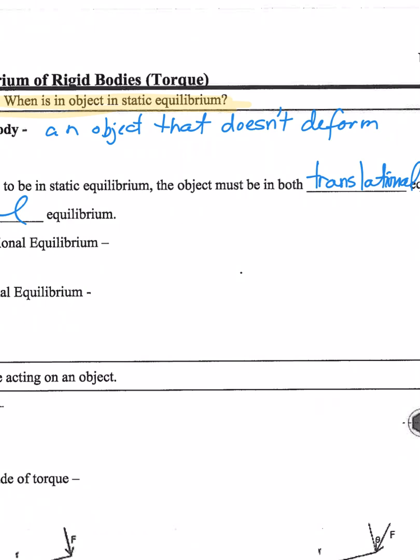Okay, so translational equilibrium means there is no linear acceleration. So does that mean it could move? Yes. It just means that it can't be speeding up or slowing down. So that means it's either not moving or it has a constant velocity, right? So translational equilibrium: no motion or